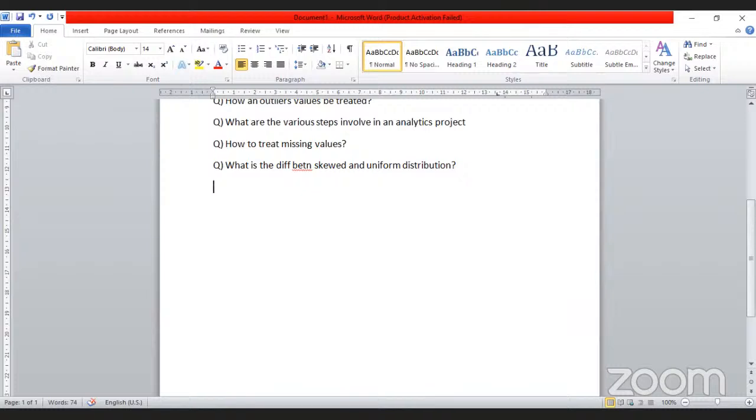Okay, so do you understand the difference between uniform distribution and skewed distribution? Uniform distribution means the variables are distributed on the left hand side and right hand side equally. Distribution of variables is equal, right? In a skewed distribution, we have the majority of data on one side. If we have the majority of data on the right hand side, then it will be left skewed. If we have the majority of data on the left side, it will be right skewed. Okay, we will call it positive skewed or negative skewed.